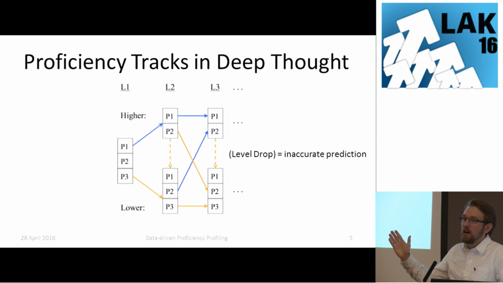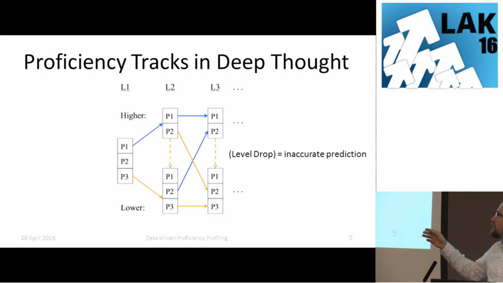Then using your performance inside of those problems, the algorithm will put you on a track that's either a higher track or a lower track. You can see that the difference between the higher track and the lower track is that there's less problems on the higher track, and that's because the problems are more complex. So the same overall knowledge components or same overall content is included and required to go through. It's just that it's done in less problems. The idea is that students who are having difficulty might like to have the problems broken down into smaller chunks.